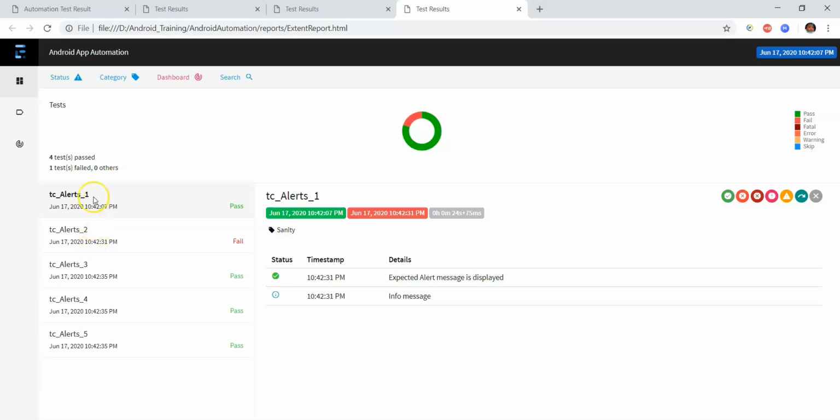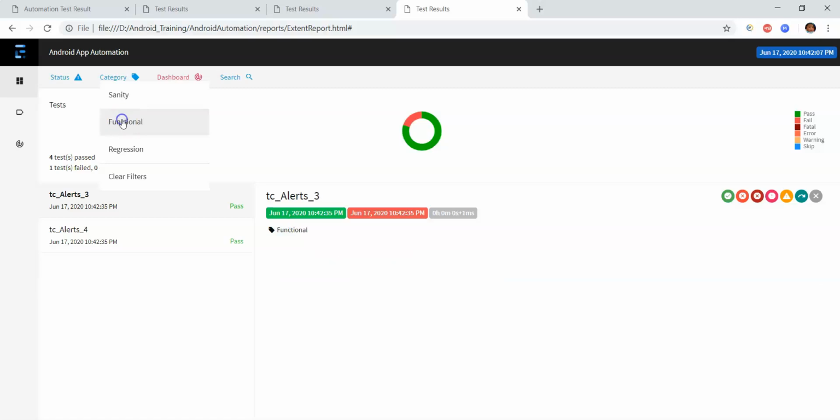You can see here by default all the test cases will be displayed here. Now there is a category section, right? Previously it was not displayed. Now there are three categories, right? You can filter the test cases based on this category. If you select sanity, all the test cases belonging to sanity category will be displayed here. So in this way you can filter all the test cases based on your category name. Now regression. There is only one test case for the regression category, right? This is the regression.